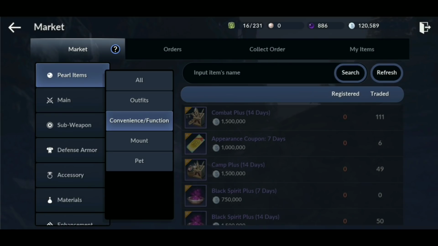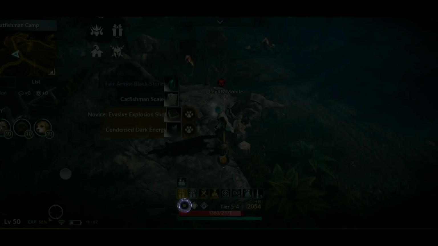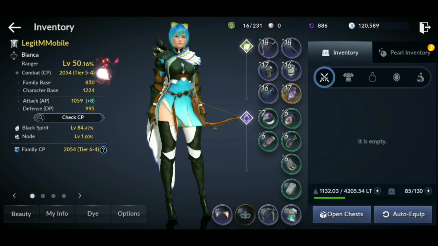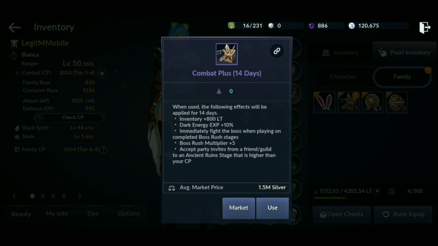That's the importance of Combat Plus, which is the experience boost, and it gives you the multiplier on the boss rushes. So you definitely want to try to get yourself on a Combat Plus. After the Combat Plus, I would definitely recommend a Camp Plus. The tip I recommend for Camp Plus is to save all of your stamina until you have a Camp Plus. You do actually get a free 1-day Black Spirit, Combat, and Camp Plus from doing the event that they have up right now,